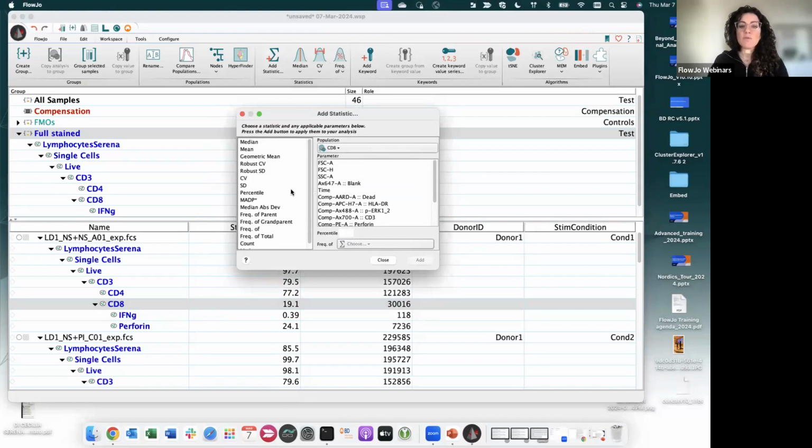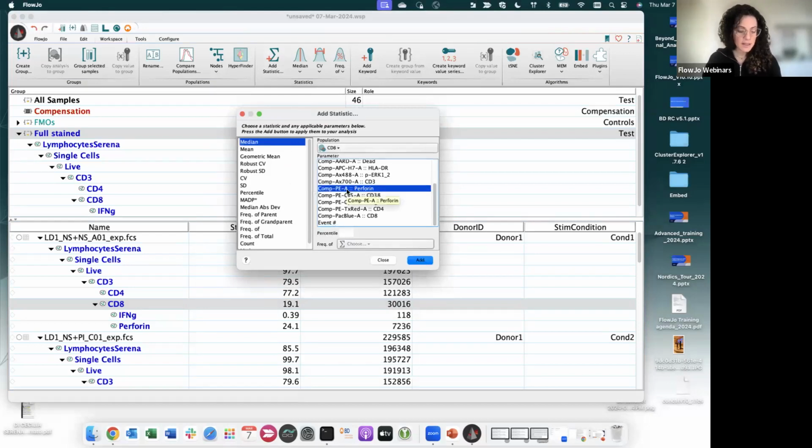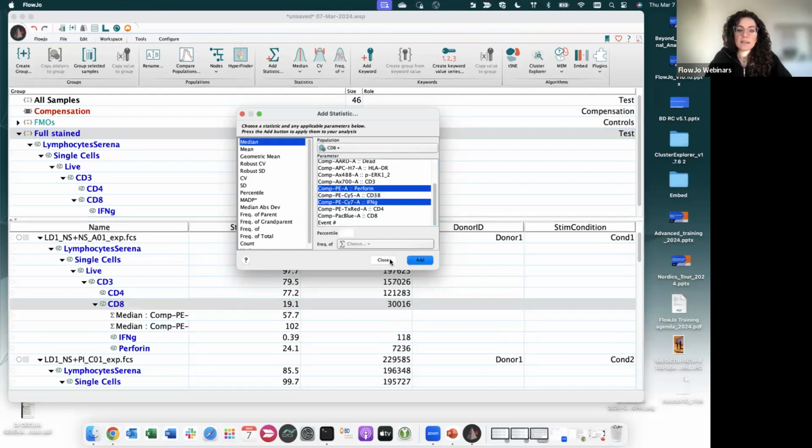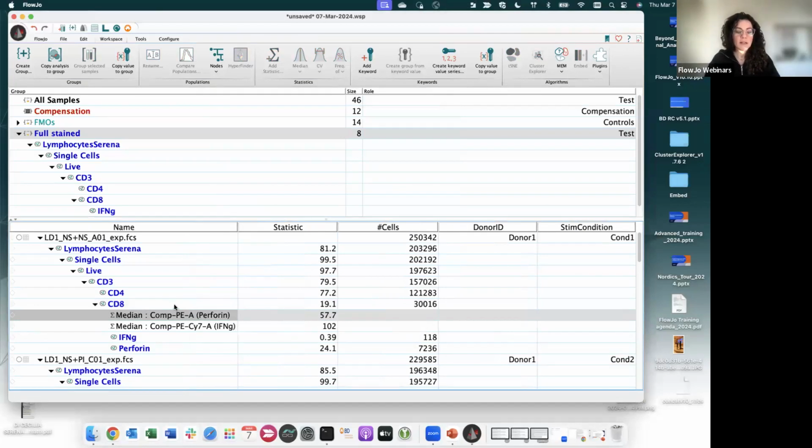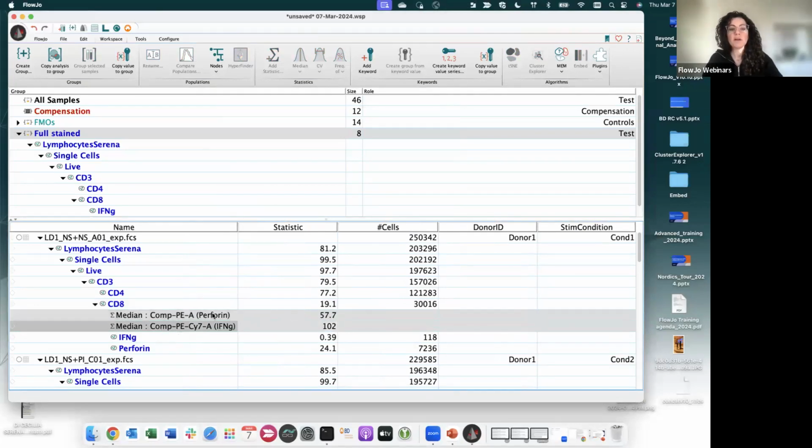So in this case, I want to add my median. So I can just select the median within the CD8 population for which markers? For perforin and interferon gamma. Oops, I don't need CD38. You can add multiple statistics at the same time, and I can select Add and close. Now you see right here in the workspace, these are the median for perforin and interferon gamma, and even the